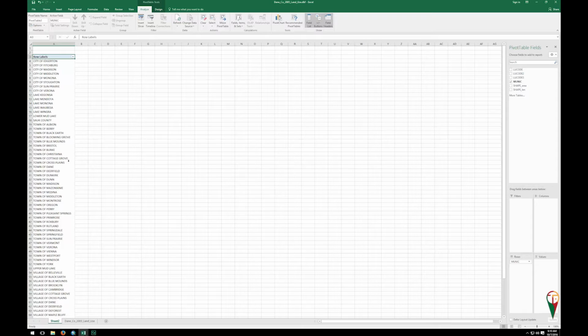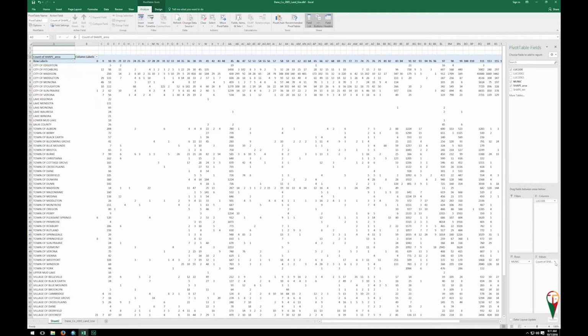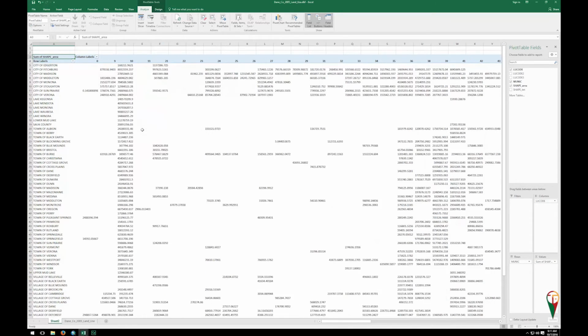So then after that, I can take my land use code into column, and so here's all my unique land use codes. And then I could take my shape area and drop it into values. Now it's going to count that, and I don't want that. In this case, I go to my value field settings, and I want a sum, and I click OK. So here then I can compare the different sums of each